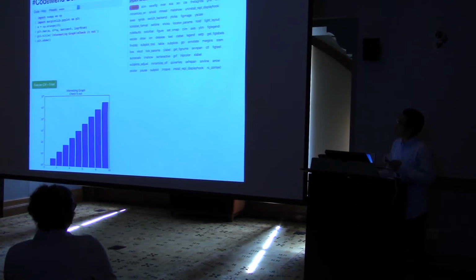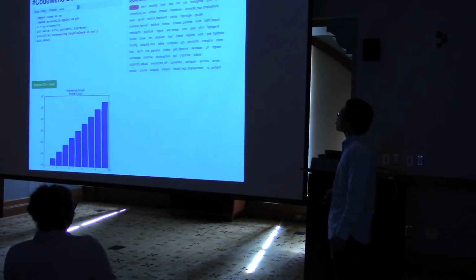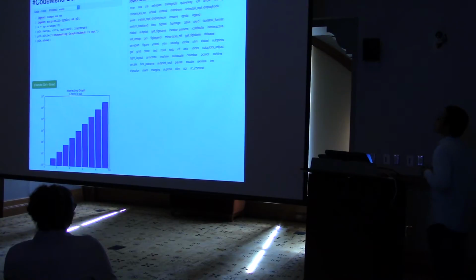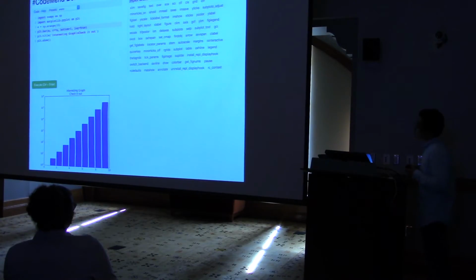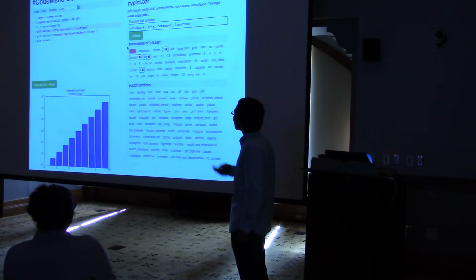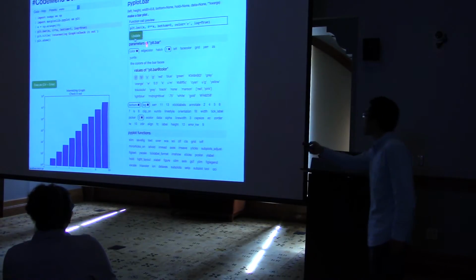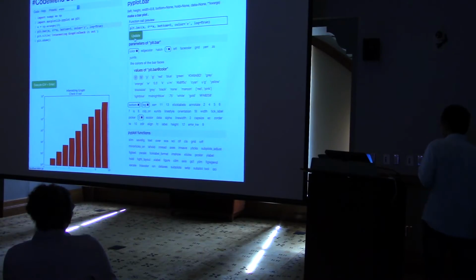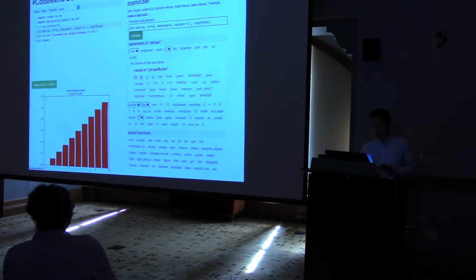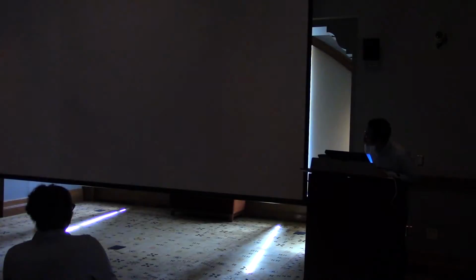So the third thing is, now suppose the user wants to change the color of these bars. So let's say the user types in, change the color of the bar. And the system automatically highlights the line of code that she should change, and the user can click on the suggestion, click on the value, and then hit update. And then the code is automatically changed, and the image preview is also automatically changed. So let's go back to our presentation.